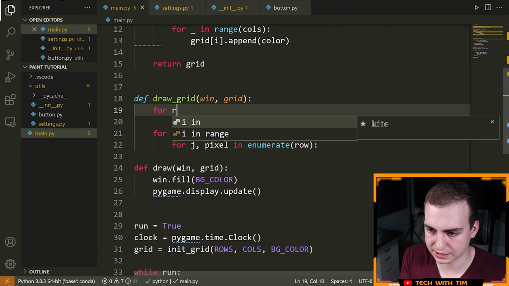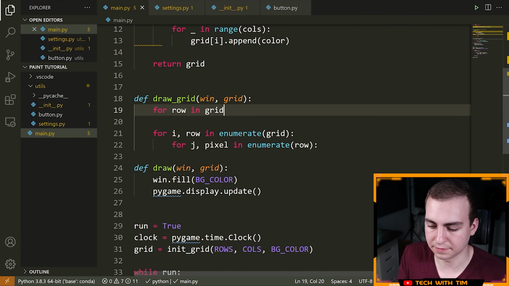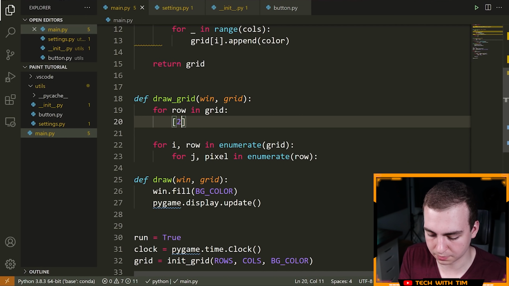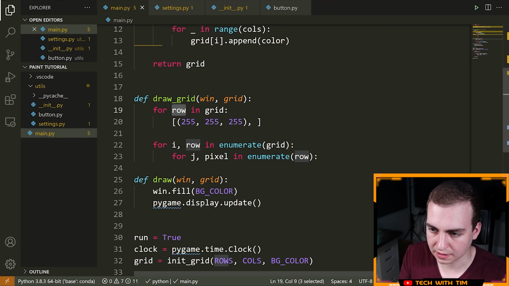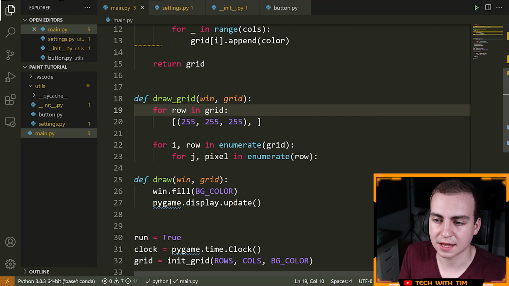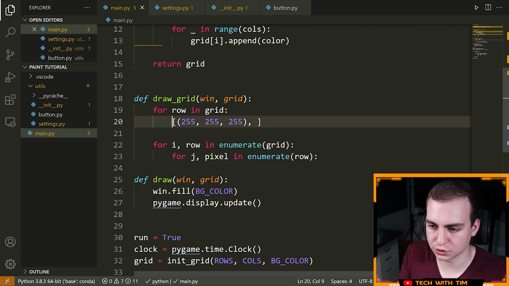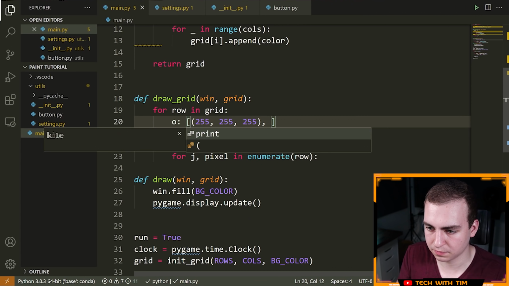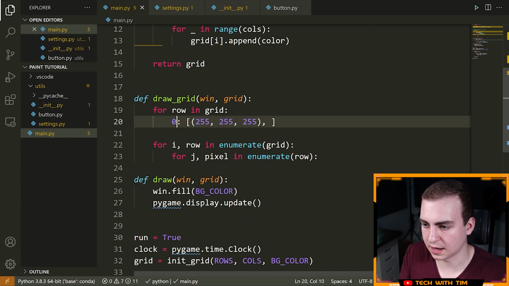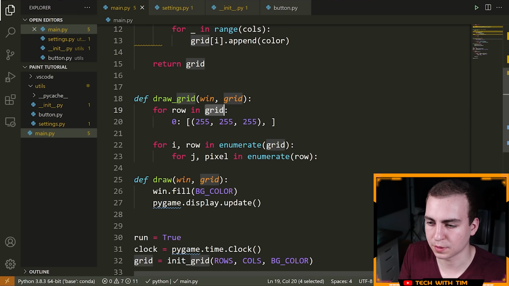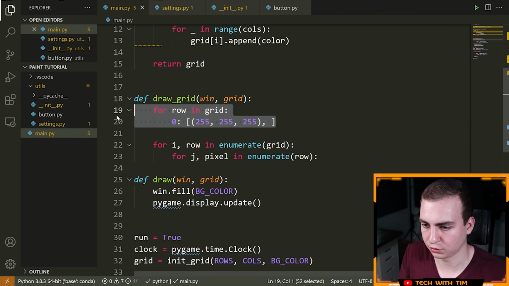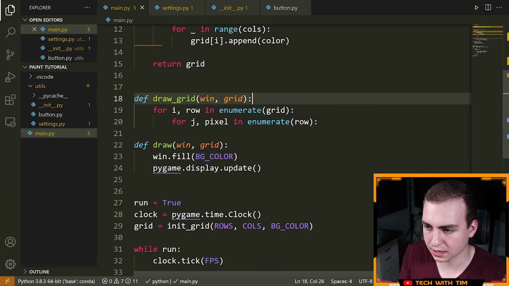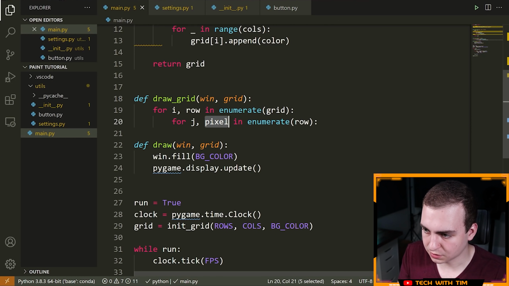Now, if you don't know what enumerate does, it's kind of a combination of the two styles of for loop. So usually you can say for row in grid, and this will actually give you all of the rows. So it would give you a row object that has all of the colors in it, right? This is kind of what row would be if you were looping through grid. But sometimes you want the index that this row is at as well as the row. So in this case, you use enumerate, and what that will do is give you, in this case, i equal to 0, and then the actual row that corresponds with index 0 in the grid. Hopefully that makes sense. It's giving you the element and the index of that element in whatever you're looping through. That's what enumerate does.